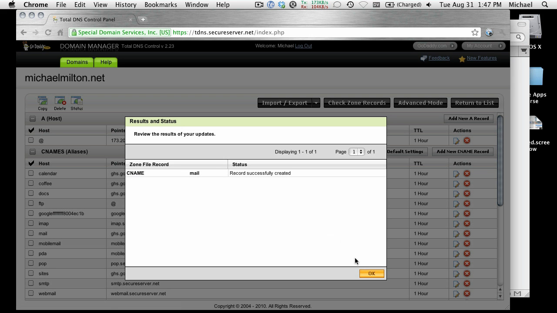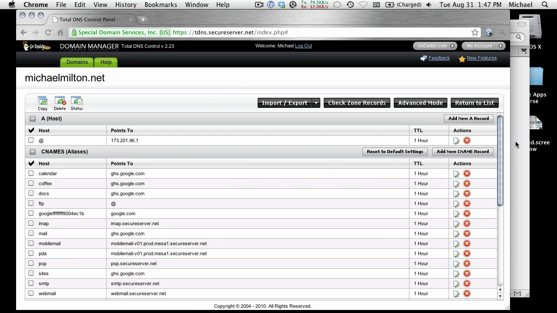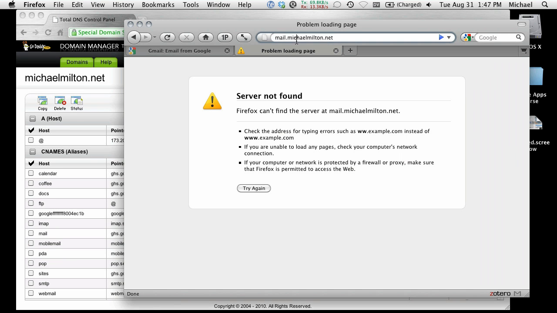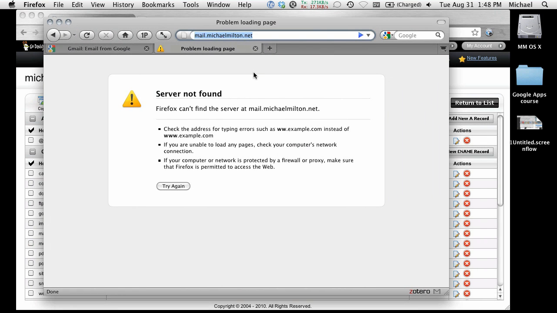And so now it says it's successfully created. Sometimes it takes a second to actually update so that I can type in mail.michaelmilton.net. Let's see if it works. I think it'll take a couple of minutes to update the servers. Perhaps we can come back to it. But if I look at these entries from the perspective of my Google Apps installation, I can type in